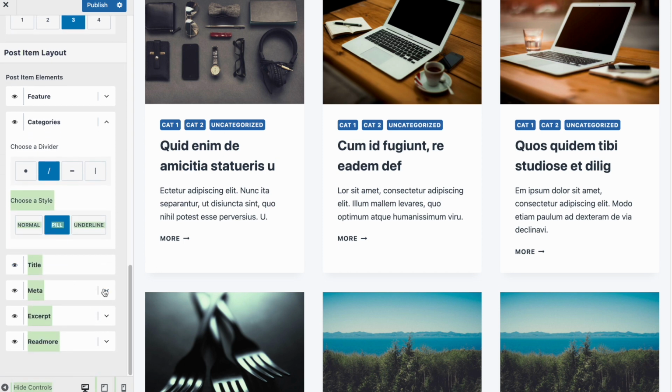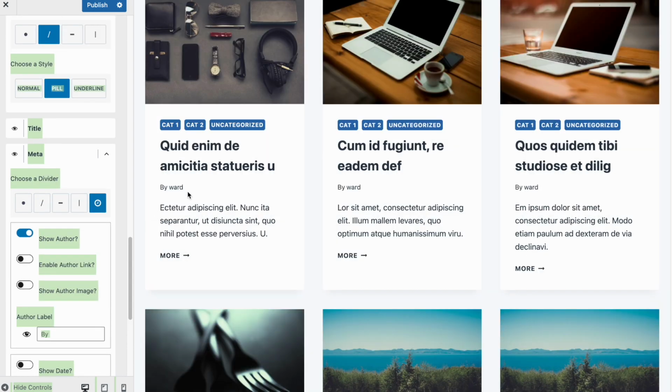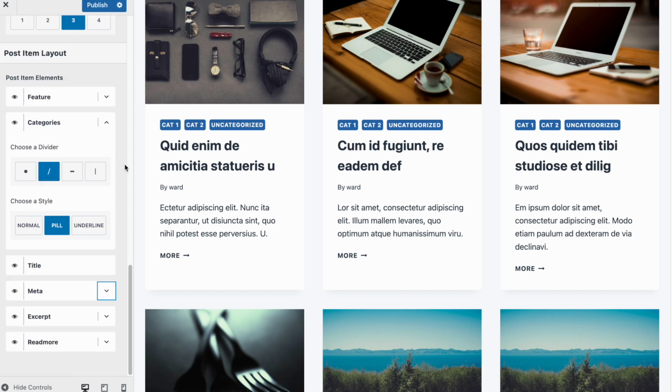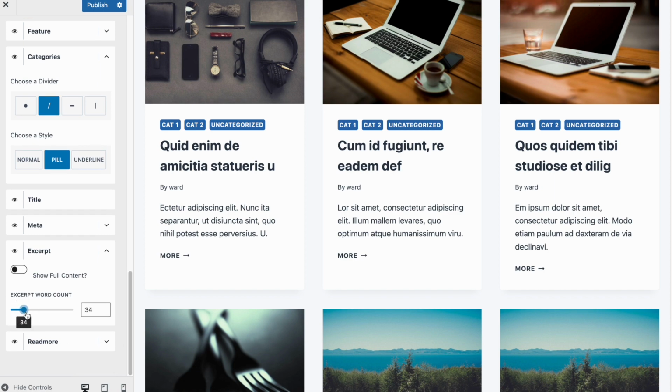Title, meta, this will be like the author and stuff, if you want people to see who wrote it, and you want the author also to have an archive, you can make it clickable. So all standard stuff that you probably, if you looked inside of the Kadence theme already, you probably know. The excerpt, you can change the amount of words that the excerpt should have, if it's longer or less, or